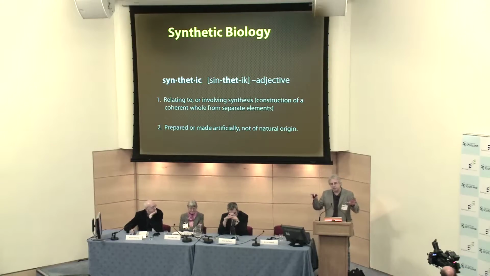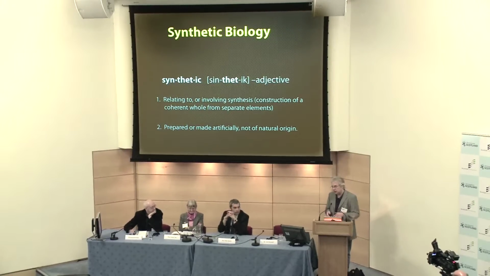And those two definitions, where in one case you've got synthetic elements or synthetic processes which are constructed, and those that are artificial, reflect the two extremes, if you like, of the diversity of synthetic biology. Because you have various types of scientists who have different interests, either in creating artificial living systems, often from non-organic bases, from chemicals and things which might be on the shelf, at one hand, and on the other, scientists who are interested in modifying existing systems to build new biological systems using existing parts. So you've got these two broad areas of endeavour